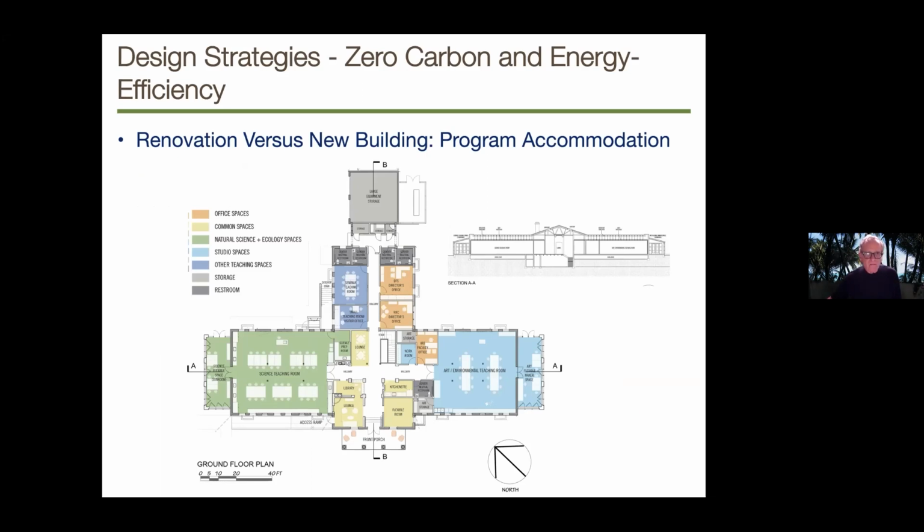So I just wanted to show the program accommodation in the existing building. So here is the existing structure, which, as I pointed out, had a lot of interior partitions for hospital rooms and infirmary rooms, and it did not fit at all the program of this new academic program. And so the inside had to be totally cleared out. The animals had to be shooed away, and